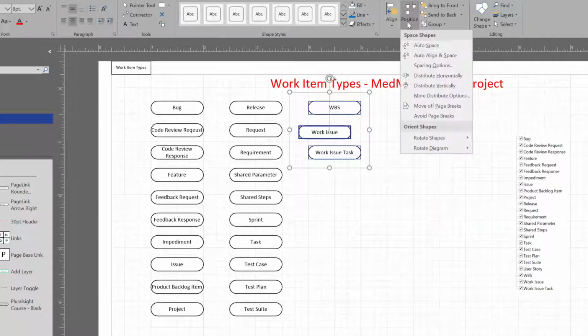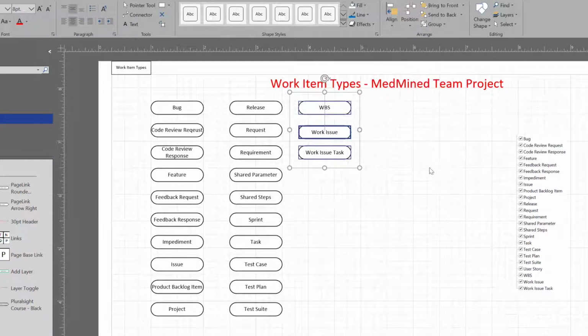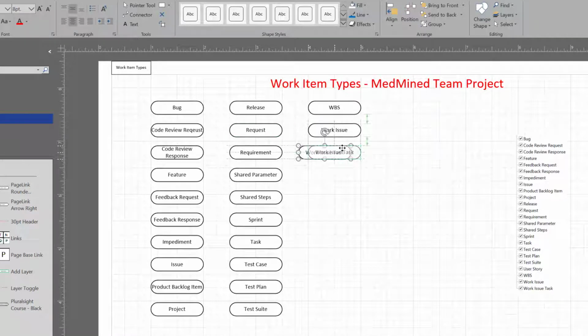And then just go drag those, align right. Well, that was annoying. So here's another thing you can do. You can just do it manually. Okay, so now we have a shape for each one of the work item types, and let's go create the